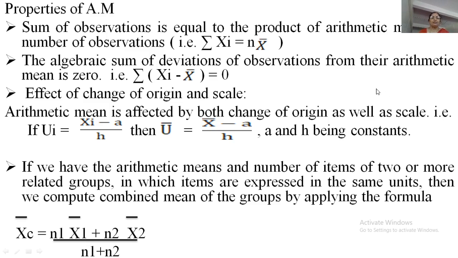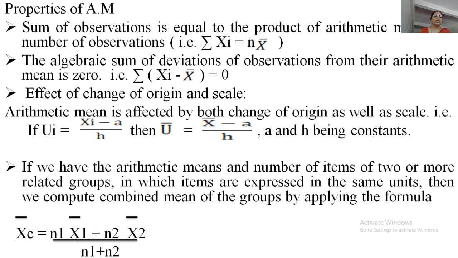The third property of the arithmetic mean is that the arithmetic mean changes due to change of origin and change of scale. Change of origin and change of scale is one of the techniques for reduction of data. Suppose you have observations x1, x2, ..., xn, and you think these observations are very large, and in order to reduce the values in the data set, what do you do? You consider any arbitrary value, say a. You subtract that value from each of x1, x2, ..., xn, and divide by some other constant, say h.